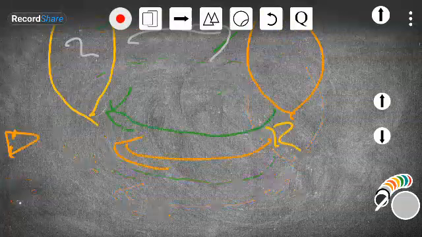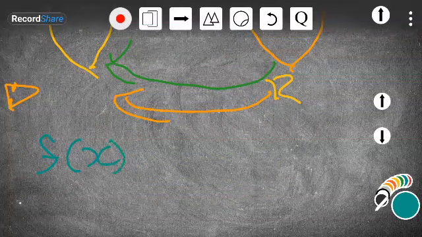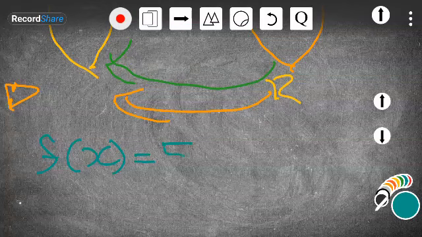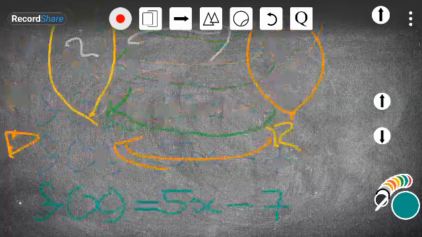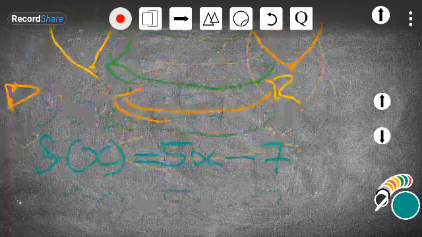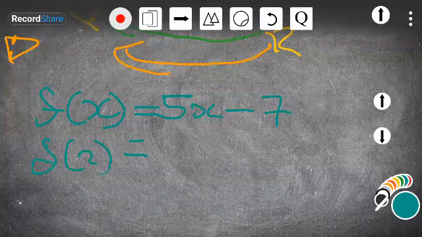We get the same function that was given, which is f of x is equal to 5x minus 7. Now, since we are solving for the range and the domain has been given, which is 2, we automatically replace what is x with 2. So we say function of 2 be equal to